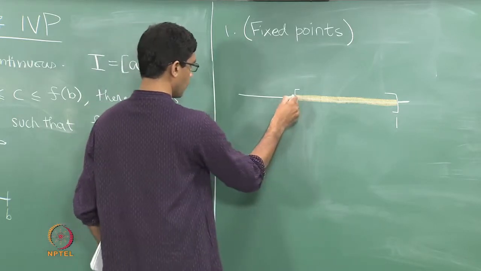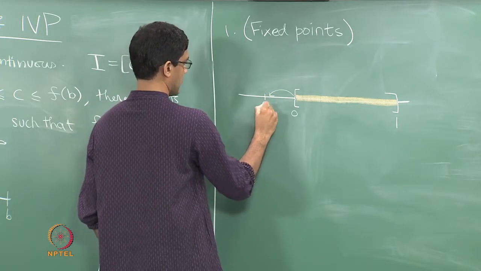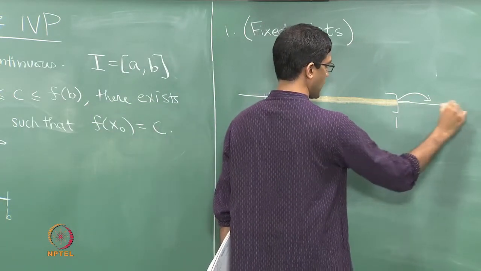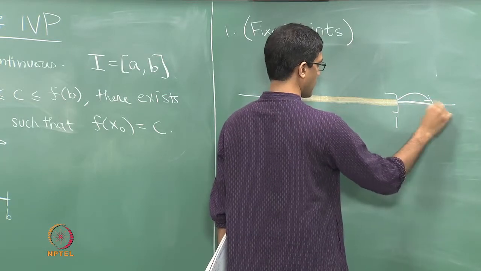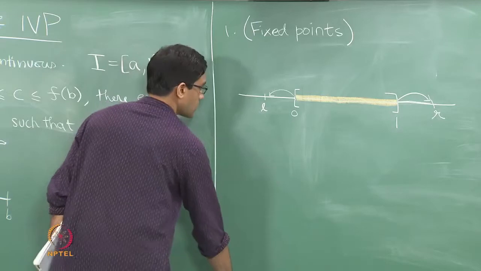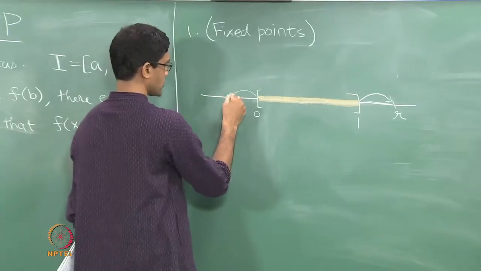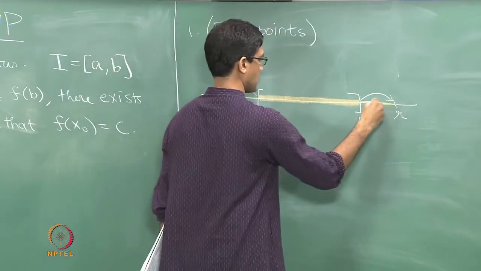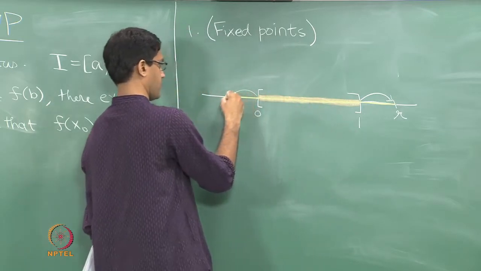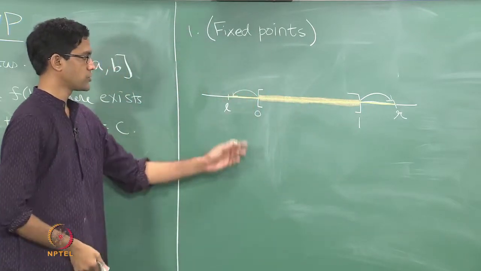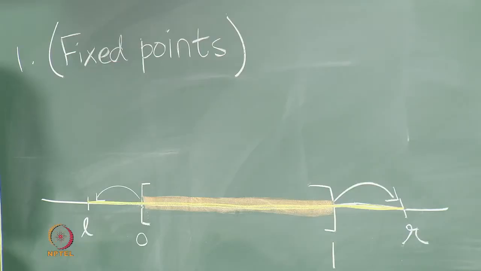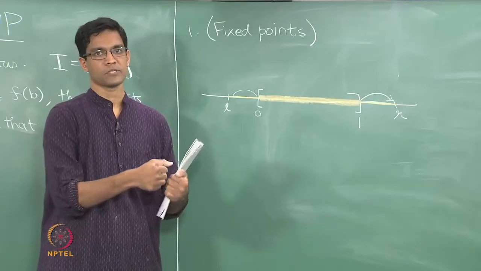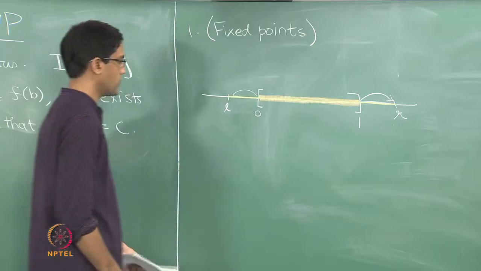So let's say 0 moves to a point L, the left endpoint, and 1, the right endpoint, moves to some real number R. So let's say L and R now denote the new positions of the endpoints. So that's what the rubber band now looks like. Okay. So the orange denotes what it looked like initially, and after the stretch you have got the yellow rubber band. Now of course the stretch itself is assumed to be a continuous process, right? So you're just sort of stretching it the whole way.